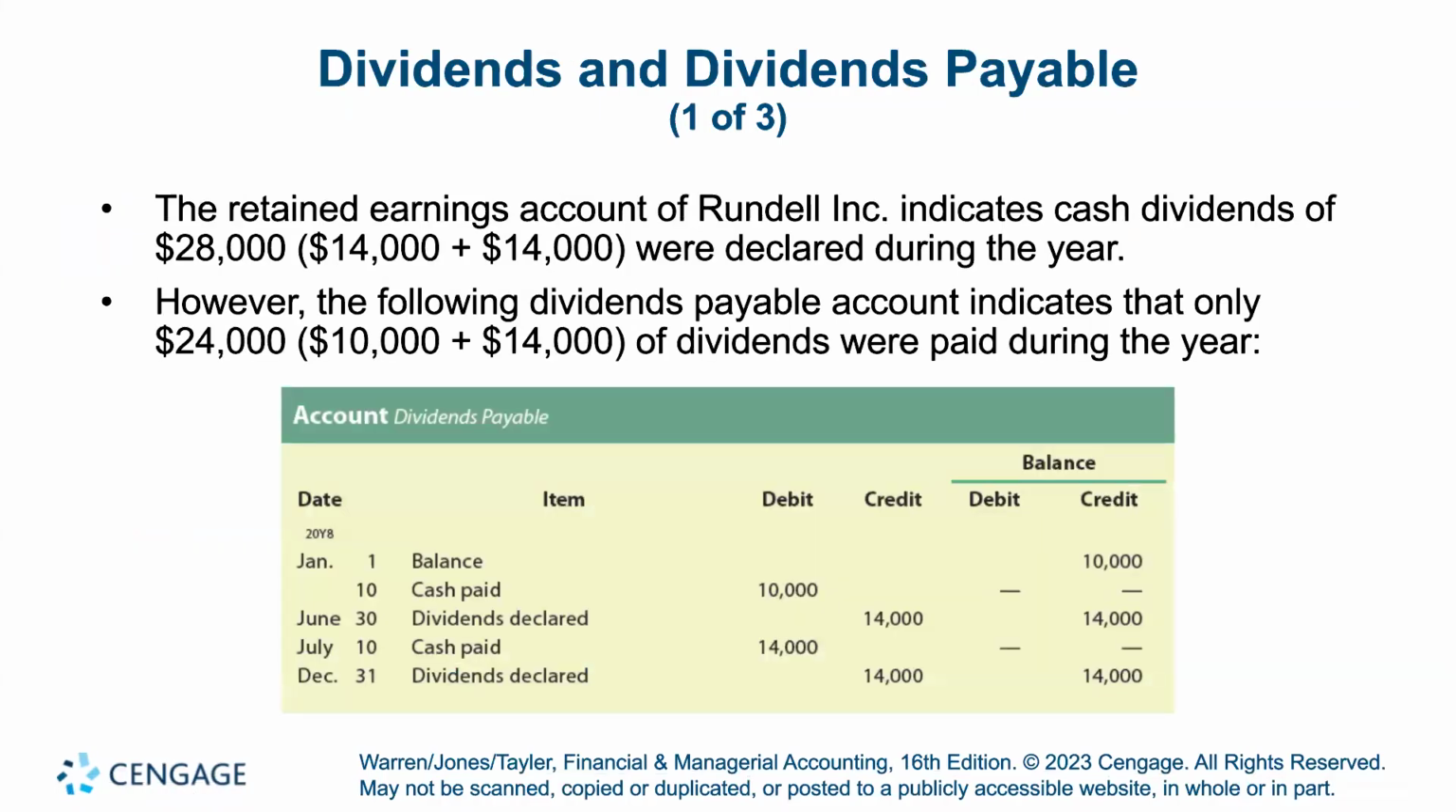And then dividends. So we can see by looking at our dividends payable account that January 1st, we ended up with a dividend payable, and then we actually paid cash on the 10th. On the 30th, they declared dividends of 14,000 and then actually paid cash of 14,000 on July 10th. So we know the actual amount of cash that we paid out for dividends this year was 10,000 and 14,000